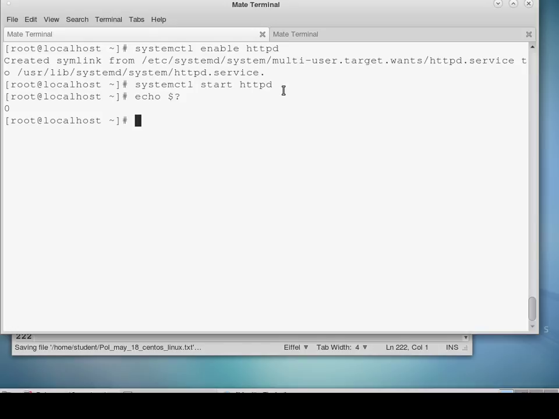How can we check what port HTTP or Apache listens on? What's the port where the service is listening? When you go to a web page, you connect to an IP and to a port. What's the port of HTTP? 80. Good. So if you do the command netstat,